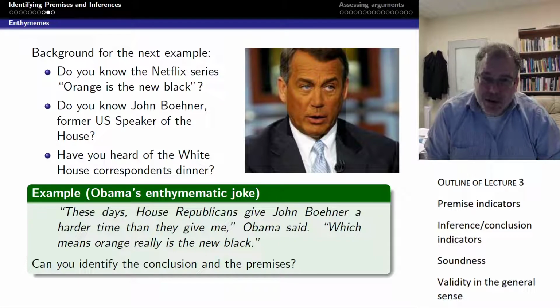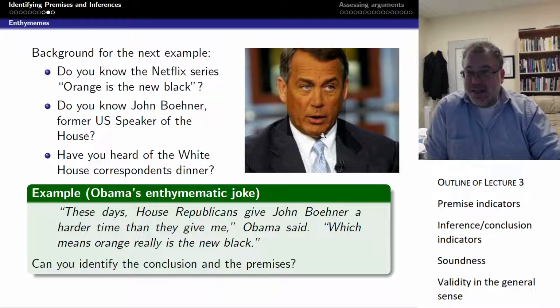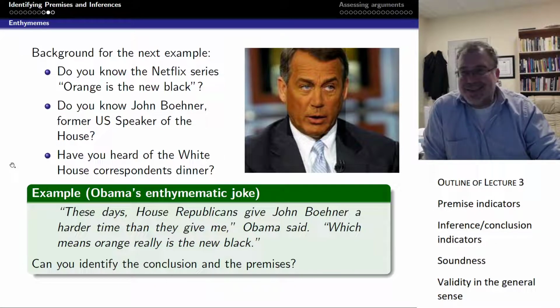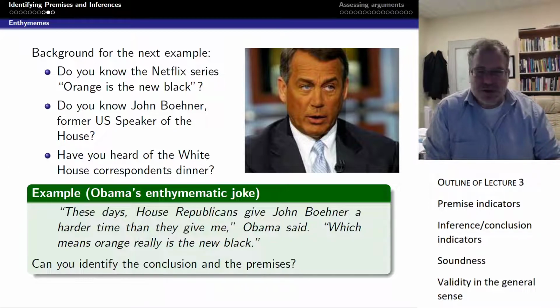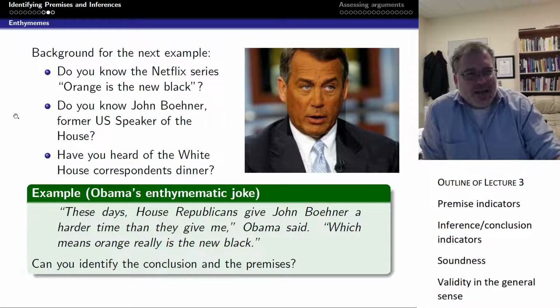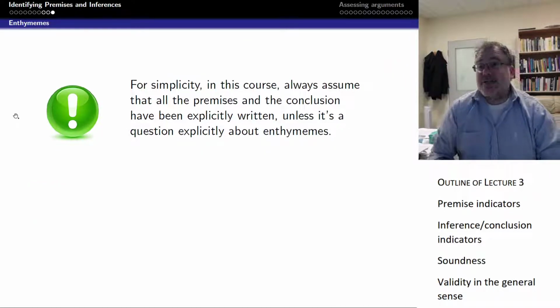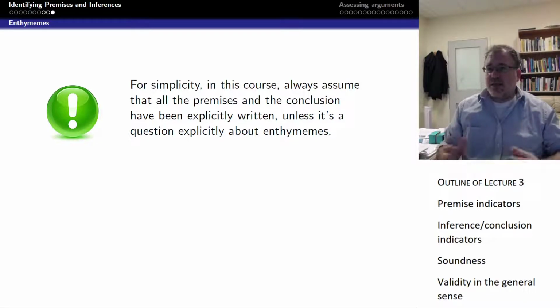Of course, the missing premise is in the background: that John Boehner is a Republican and he has an orange skin. And furthermore, that normally Republicans give black people a hard time. So here we have a very funny moment that arises precisely because we have an argument presented with a missing premise. All right, so let's not go into that more because in this course, for simplicity, just always assume that